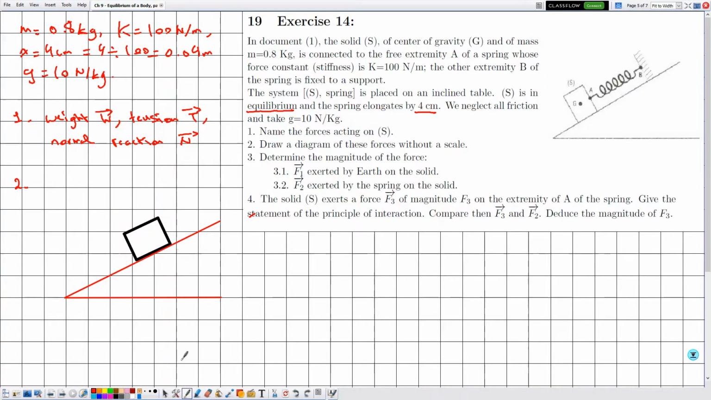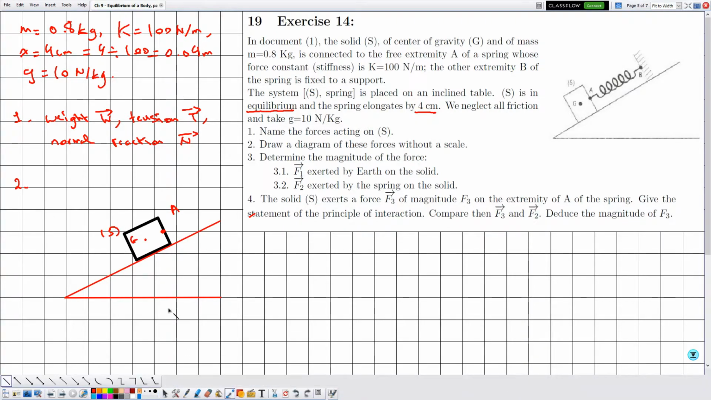And let me say that this is the point A, and this is the point G, and this is the solid S. So the weight acts at the point G vertically downward like this. We have the tension along the spring, which is like this. And we have the normal reaction at the point of contact between the support and the